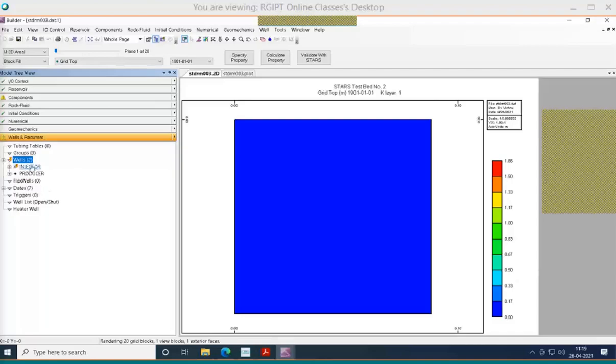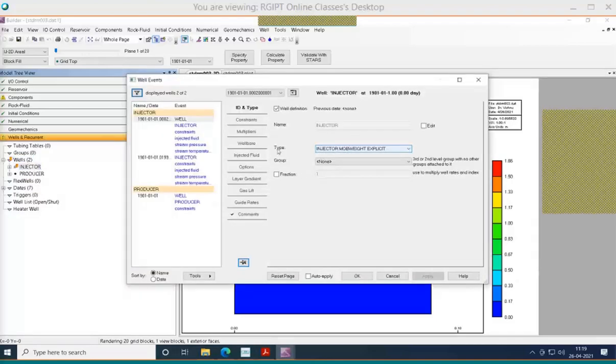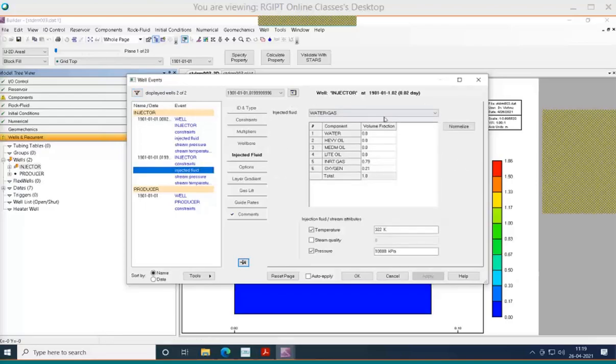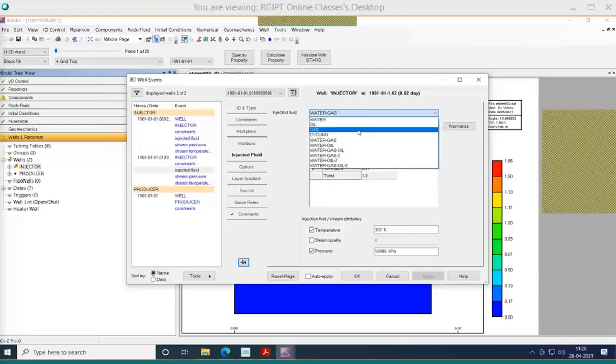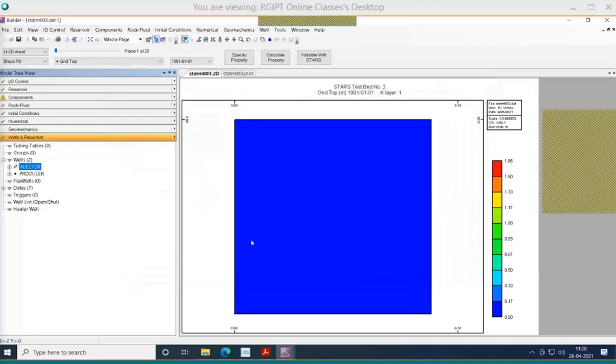So in the wells injector, all these things were fine, and the injection fluid, because here you can see the injected fluid was gas, but in this case I have changed the water phase, I forgot to change the water gas, so that error came. Okay, so now we can apply, and let us run the model again.